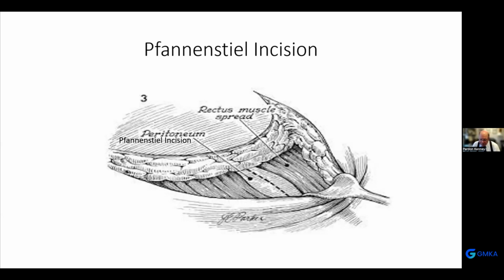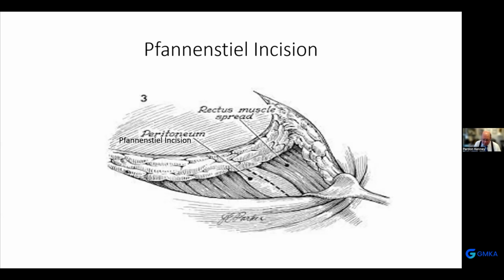And then you put in appropriate retractors, and there are a variety of ones that can be used here, including the Bookwalter that I talked about a minute ago. But as well, there are Balfour retractors and other things you can use, or you can have a friendly medical student helping you. This comes right down on top of the uterus and the ovary. So for gynecologic surgery, this is a very nice incision,